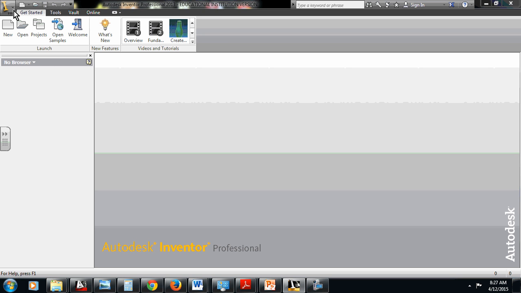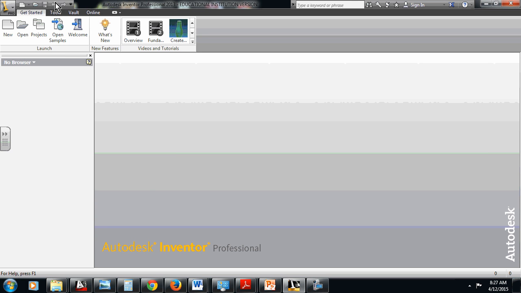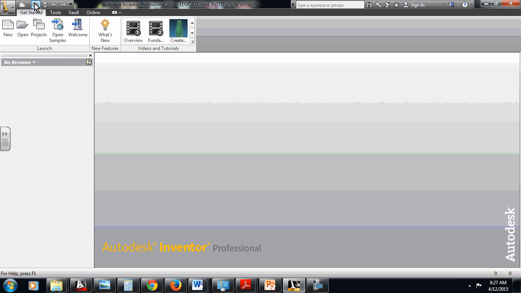I can pull this arrow down and it will open anything that I need from new, save, open, any type of drawing. This is that quick access menu, and you'll see right here where you can actually add more things to that. And these are the commands within a panel. These are the individual panels, and these are the individual tabs. And right now what we're going to do,